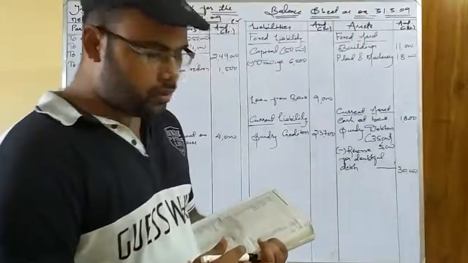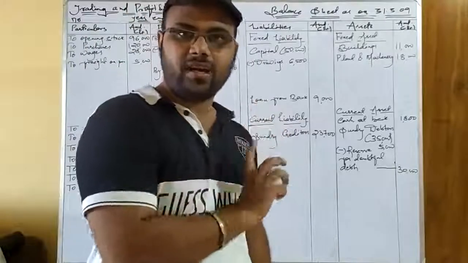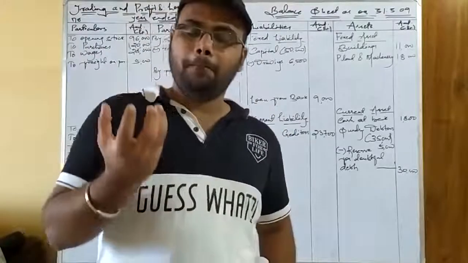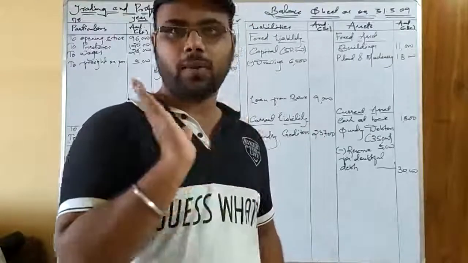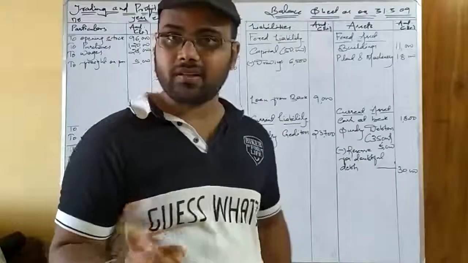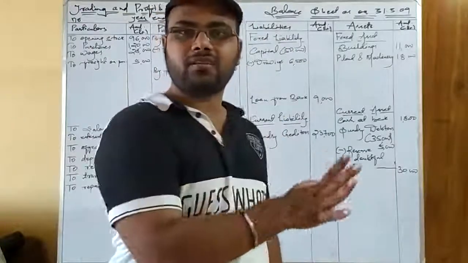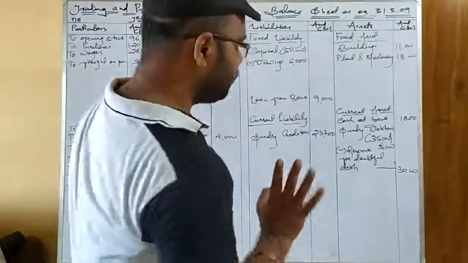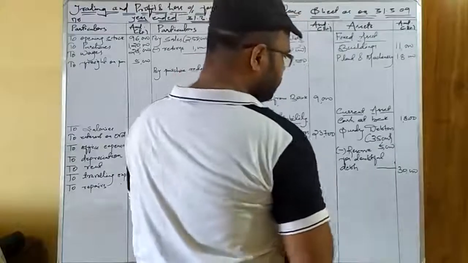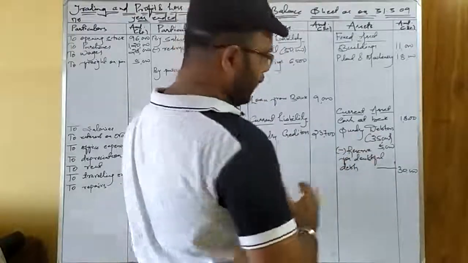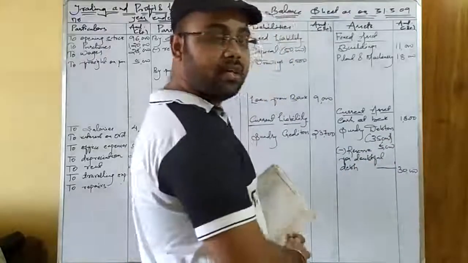Always remember, whenever you find items like provision or reserve, never treat them on the liability side, because by nature it is a liability. But those liabilities are uncertain, so we cannot say it is a particular type of liability and post it on the liability side of the balance sheet. Always make those reserves or provisions a deduction from the concerned asset to which it belongs. Okay, so it was related to debtors, I subtracted from the debtors. So 35,000 was the debtor amount and the reserve for bad debt is 5,000. So I have subtracted and got the final amount, that is 30,000.